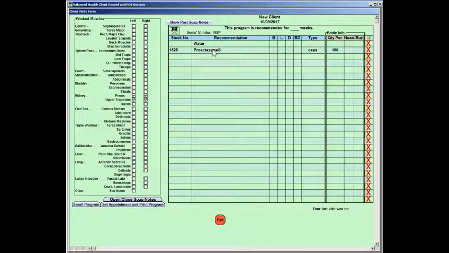And you'll note I typed a stock number in, and after I hit the enter key, the stock number was replaced with the name, and the stock number moved to the stock number column. The cursor then moved to the breakfast column. We type, we recommend one at breakfast, one at lunch, one at dinner, nothing at bedtime. You can also